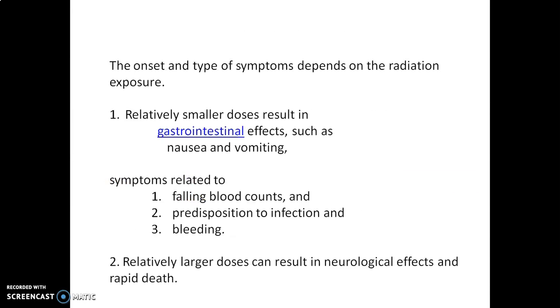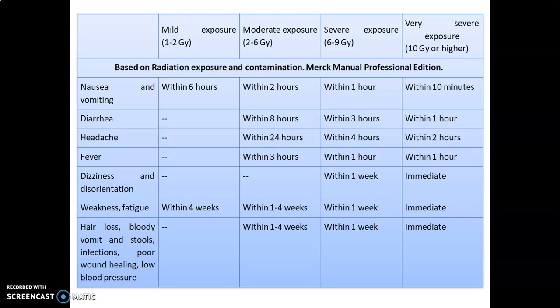So the onset of the type of symptoms depends on the radiation exposure. Relatively smaller doses result in gastrointestinal effects such as nausea and vomiting, and also symptoms related to falling blood counts and predisposition to infection and bleeding. Whereas larger doses can result in neurological effects, and rapid death can be observed with the higher exposure of radiation to the body. So here in this table we can observe the symptoms wise